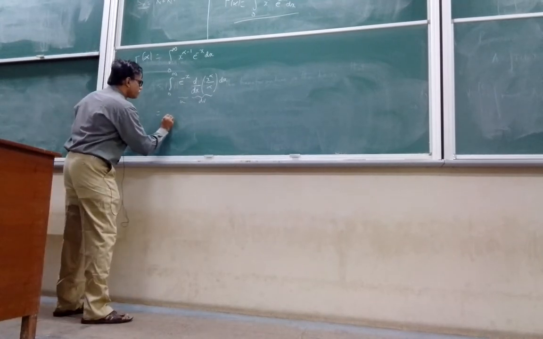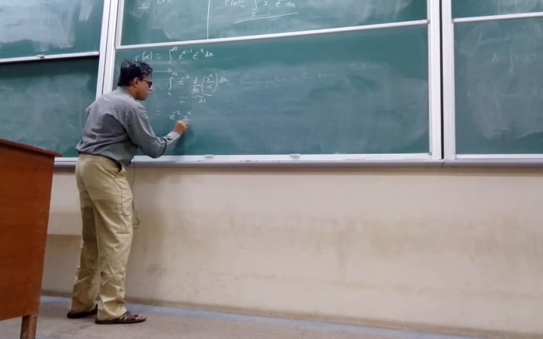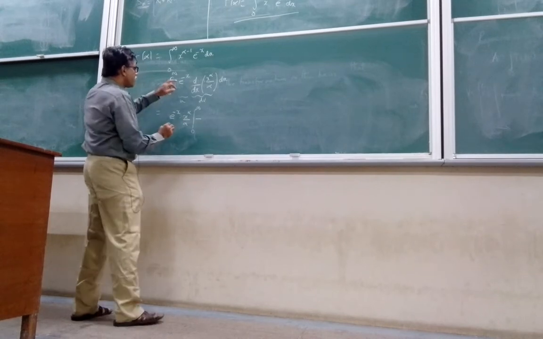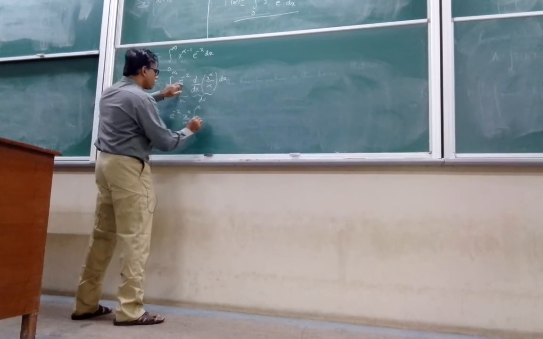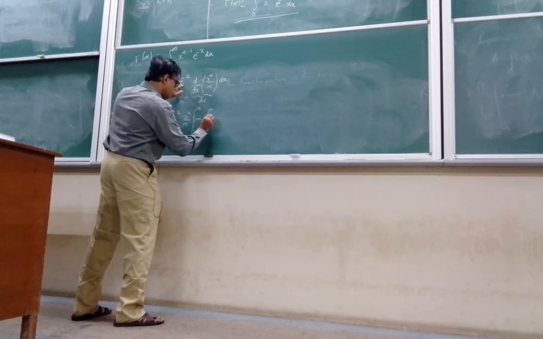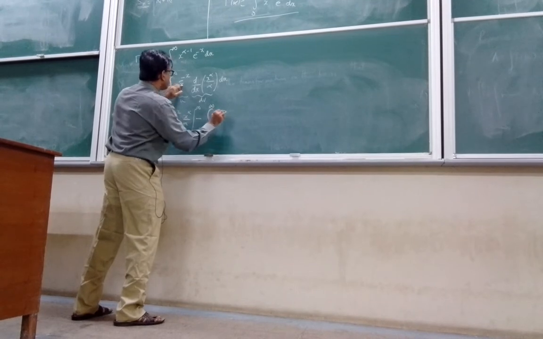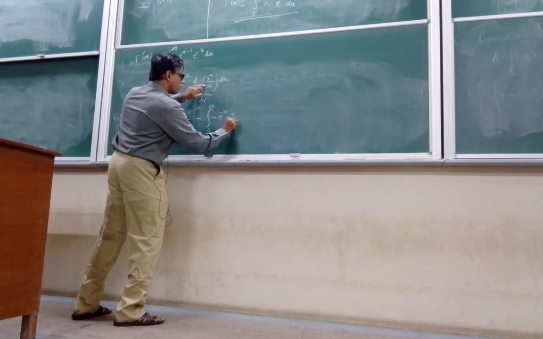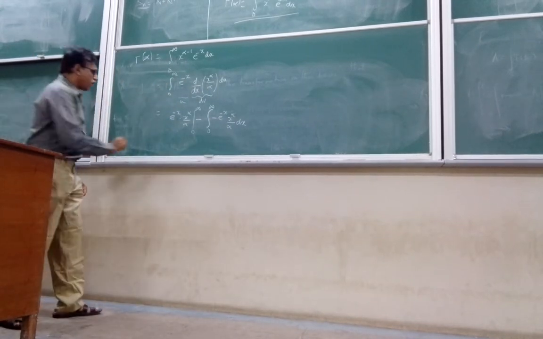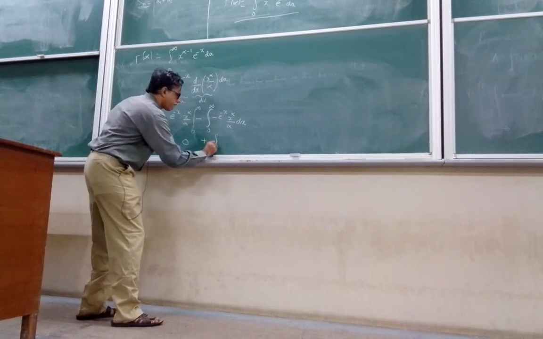Then you will have e power of minus x into x power alpha by alpha between the limits 0 and infinity, minus of, again you have to differentiate this one. What you will get, and obviously this vanishes, and this becomes plus